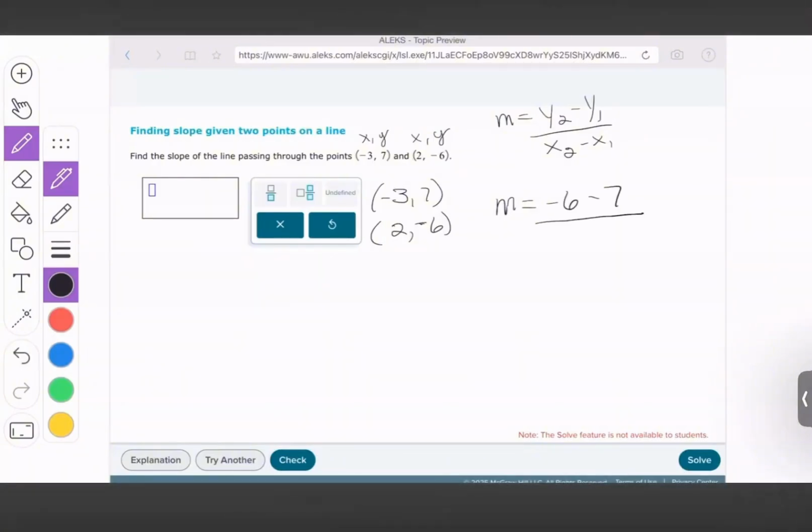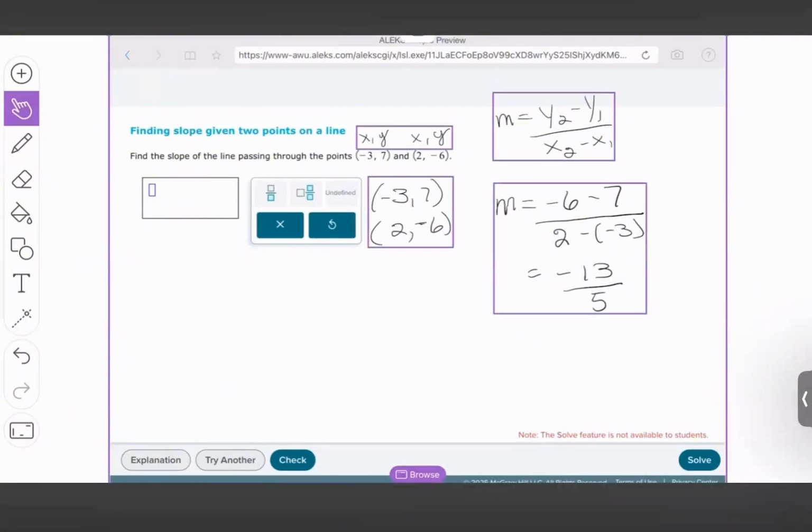And then you have to choose from the same set that you started with. So your x2 would be 2. And then your x1 would be minus -3. So you have to be careful. So I end up with -13 over 5. Okay, the two negatives, it's a negative of a negative, so it changes to a positive. And then